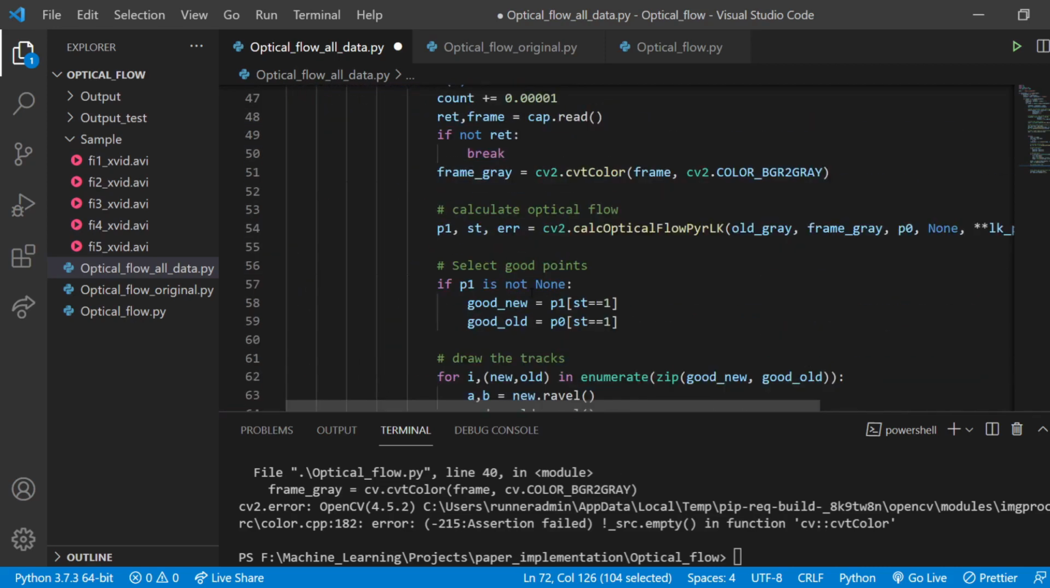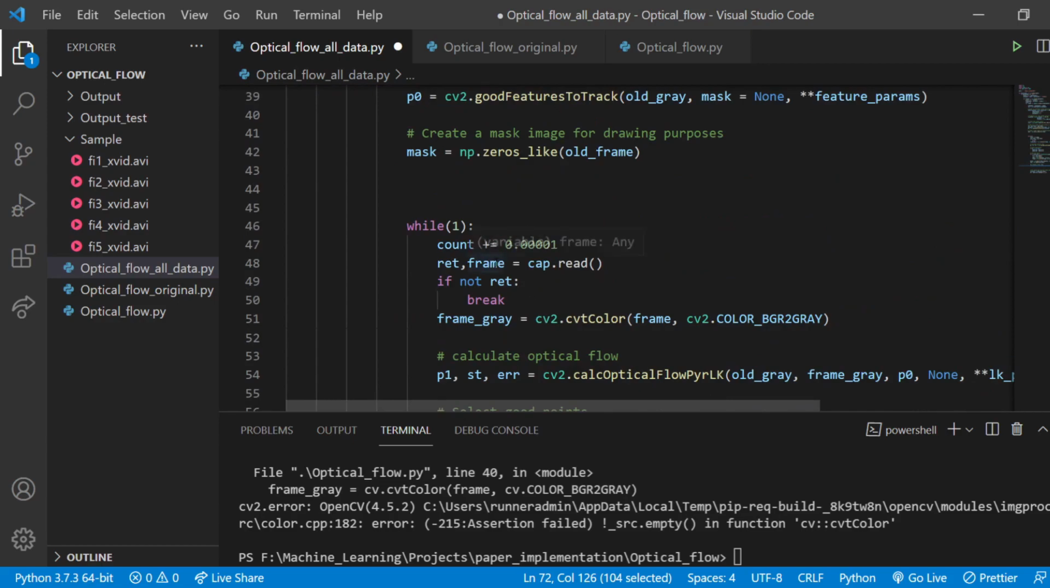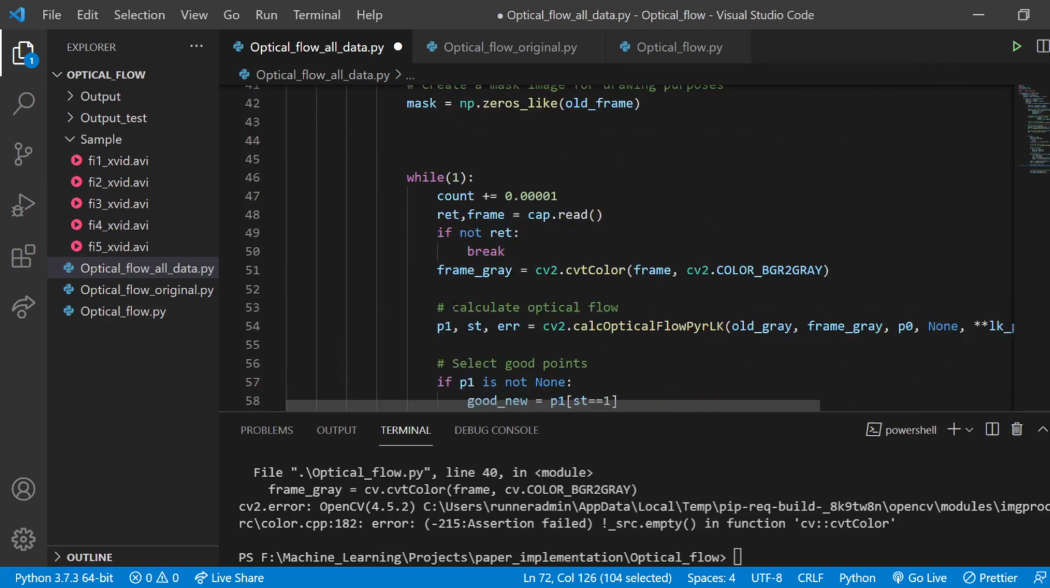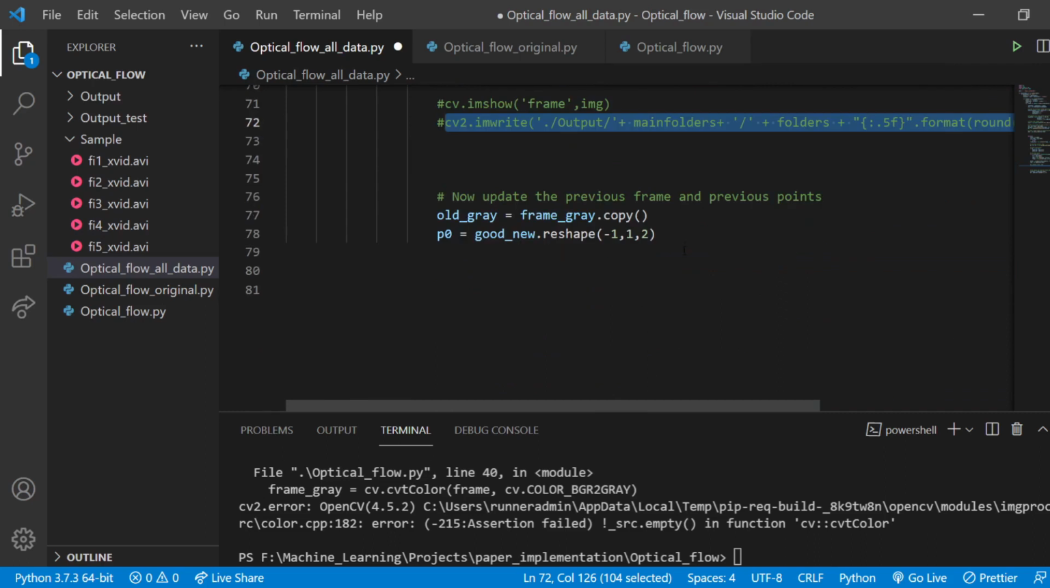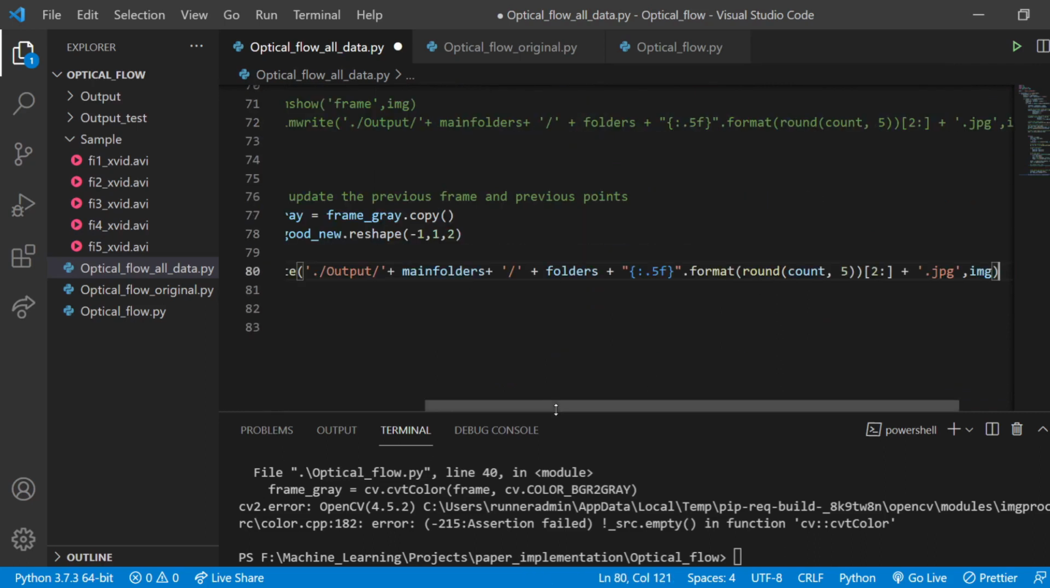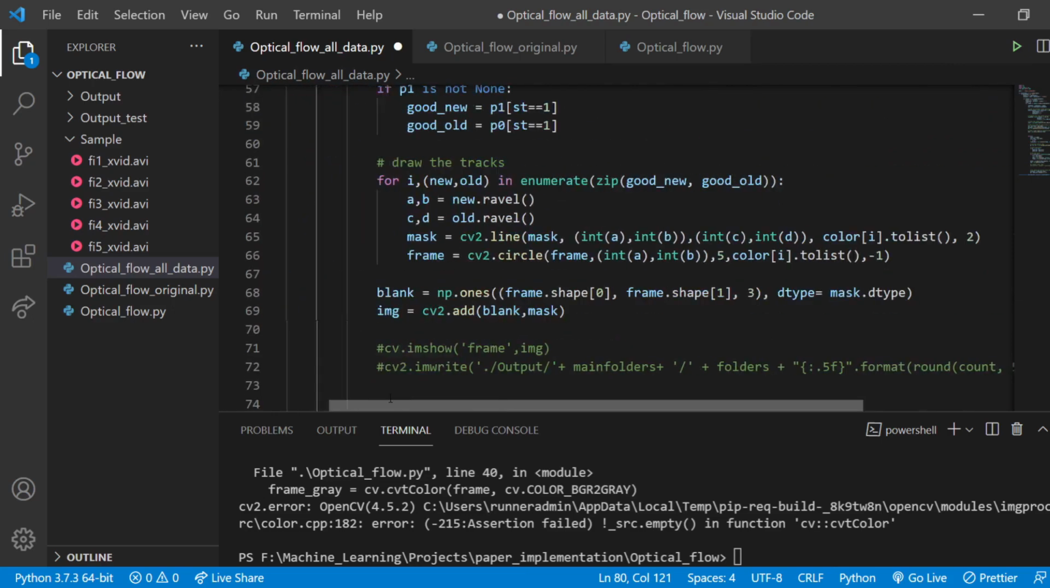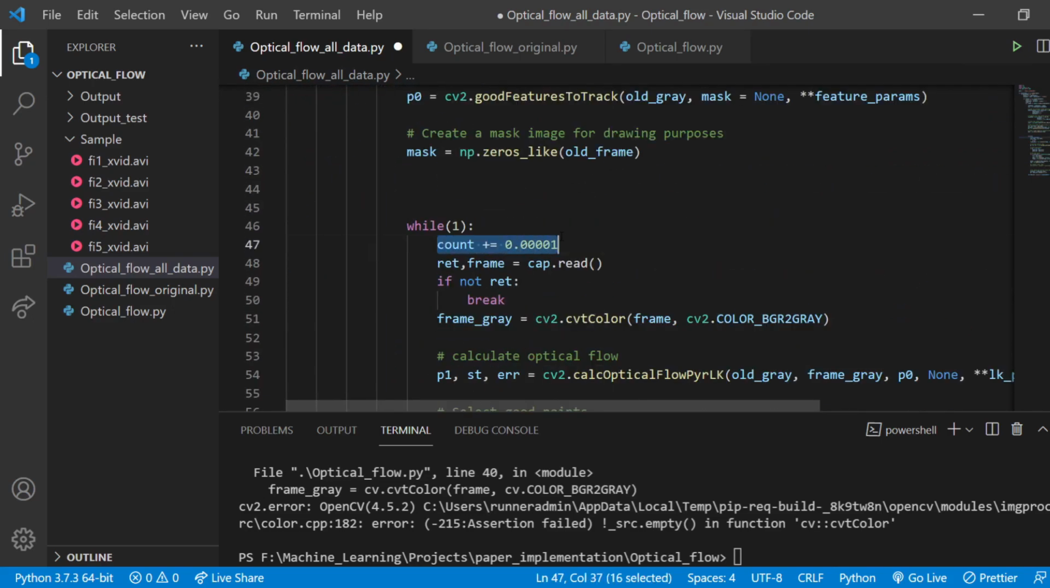I just copy this up and I move it outside of the while loop here. So this would be outside of the while loop, and also I need something else to change this one. Okay,